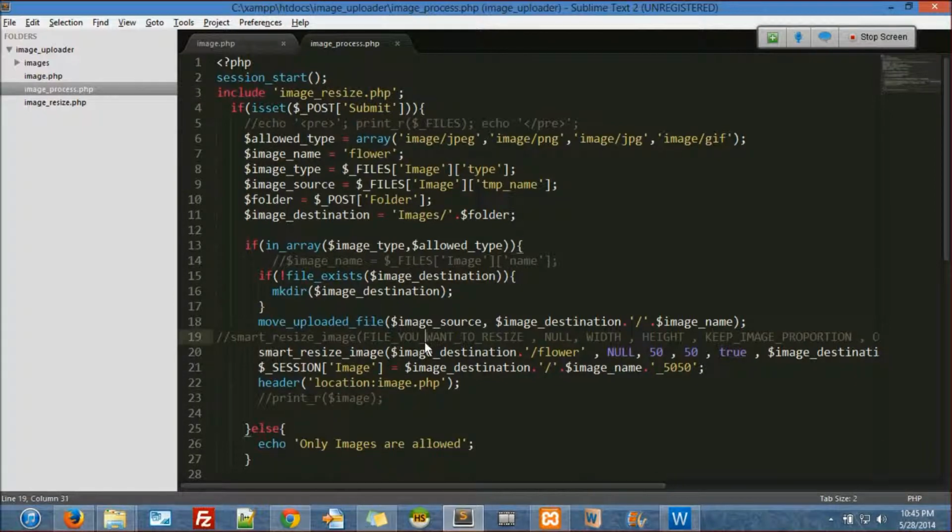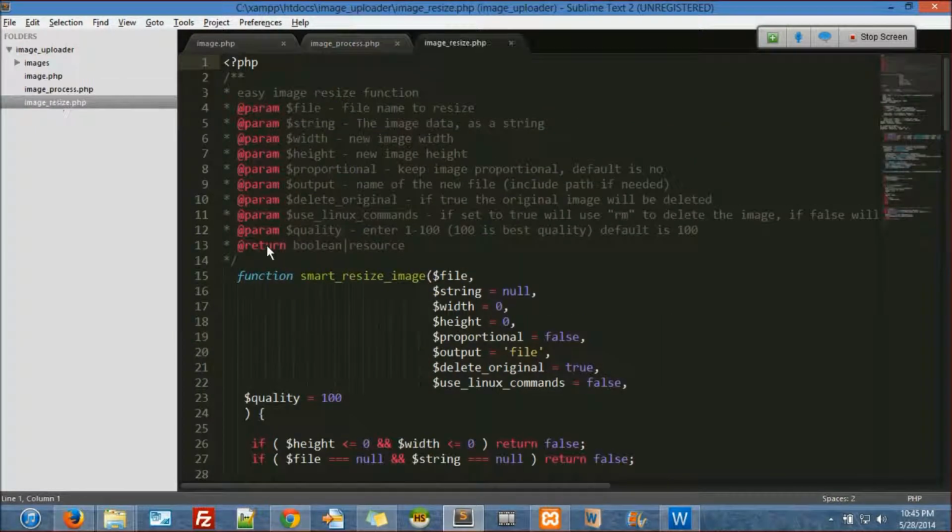What we really need is only one function, only one, like this. Okay, what is the file you want to resize? Complete destination, complete path. Then the next is null. Okay, I'll explain those factors too. So the first is the file you want to resize. Okay, the second is when you give a URL, instead of the file name you can also give URLs. So that's the reason it's null. Now it's not a URL. Okay, the image data as a string.